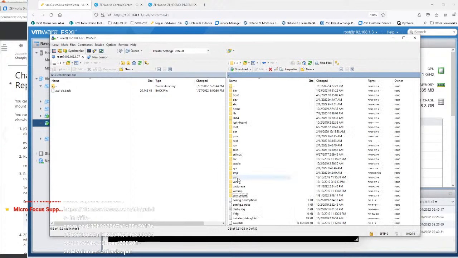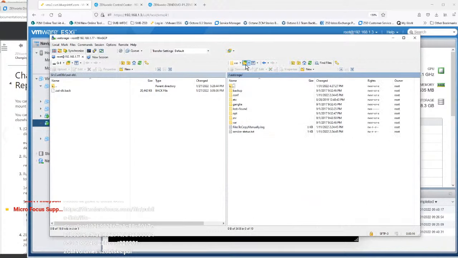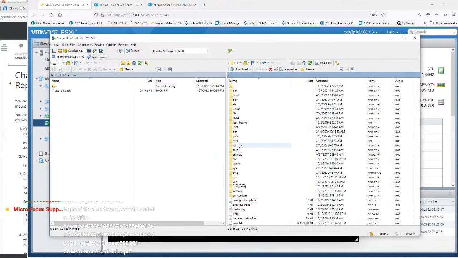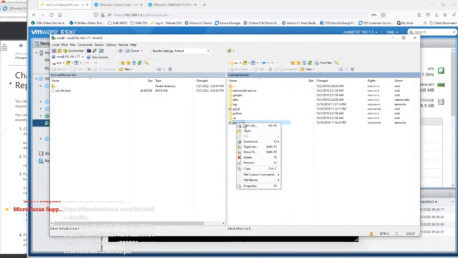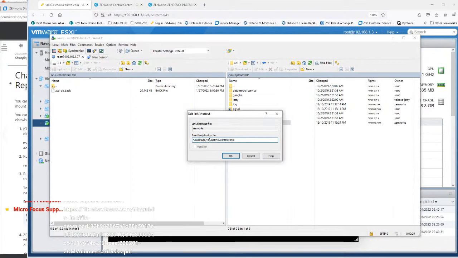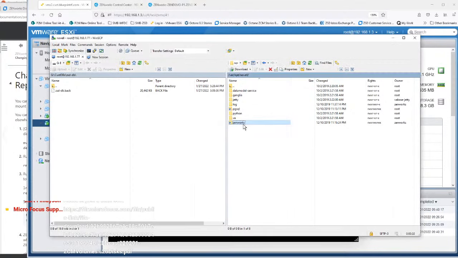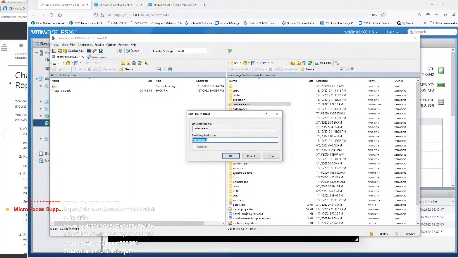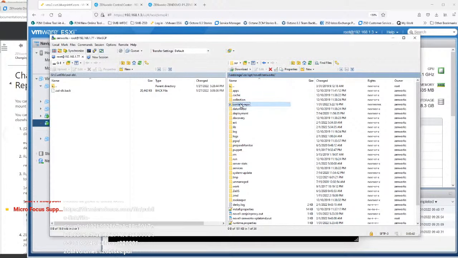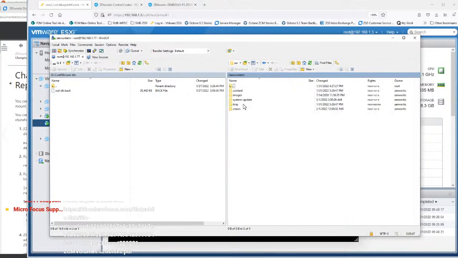If we look at VA storage, actually, if we look at var opt, Novell, ZENworks, you can see this is going to VA storage here. Okay, ZENworks, content repo. Let's refresh this. You can see the link now. I edited the link so it's Zen content instead. There is no content repo on VA storage. It's now been linked over to the